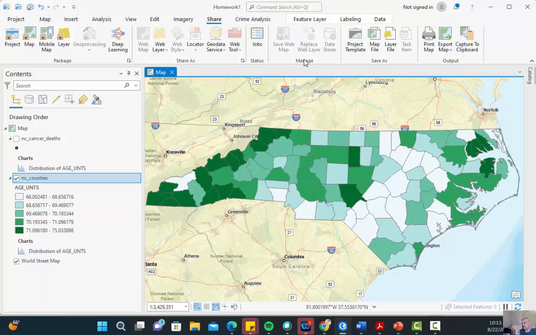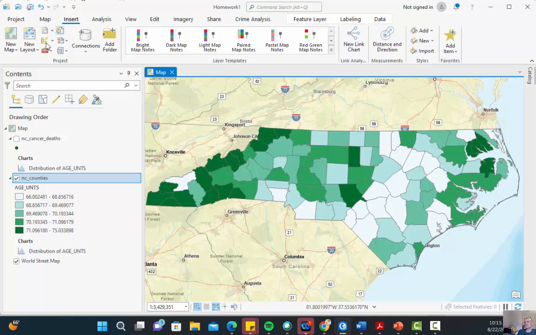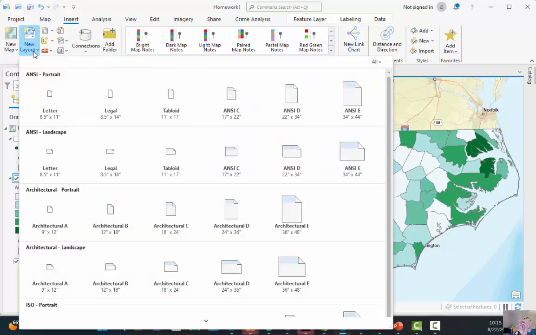And so the skills attached to traditional cartography with north arrows and scale bars and all those other good things, it's still not a loss. Even though it's dying, it's still not a lost art. So I'm going to go to Insert, and I'm going to insert a layout. We print out